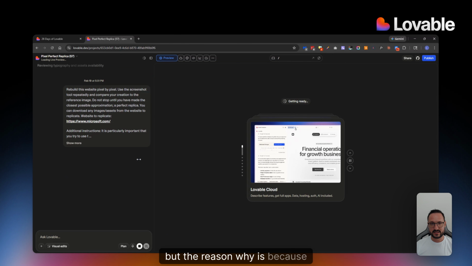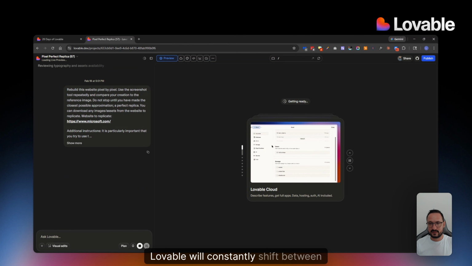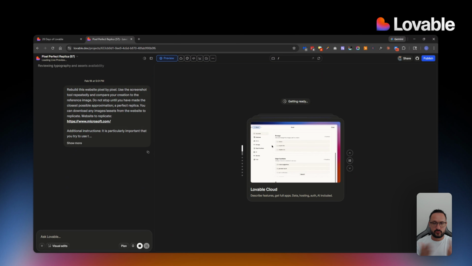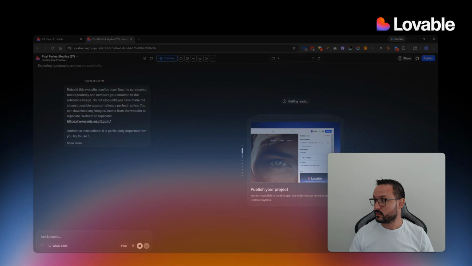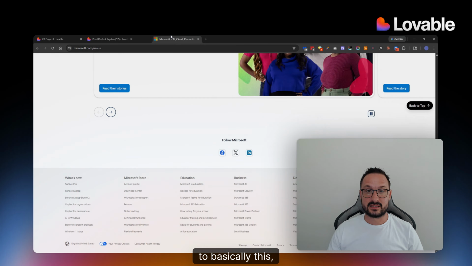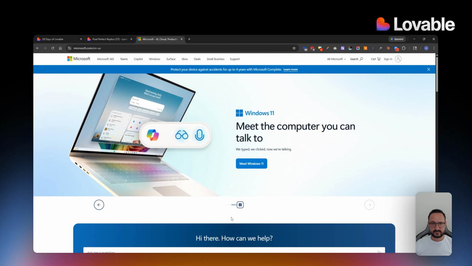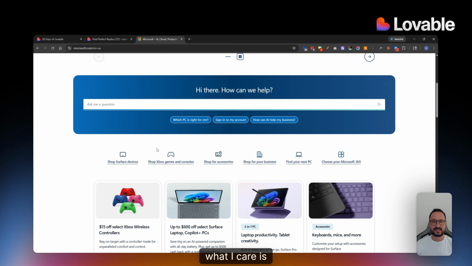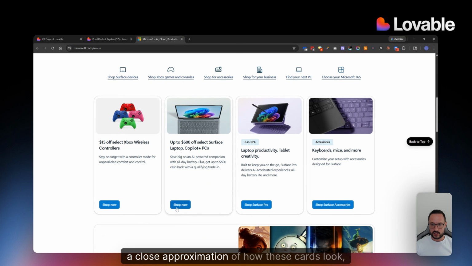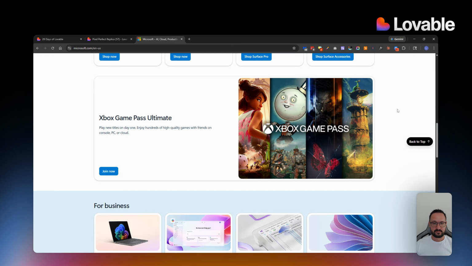The reason why is because Lovable will constantly shift between coding, researching, browsing, taking screenshots, coding. The idea is to try and get us as close as possible to basically this, right? If you go back, this is Microsoft's current landing page. This is what I gave Lovable as a reference. It won't maybe have the exact same images. I don't care. What I care about is a close approximation of how these cards look,